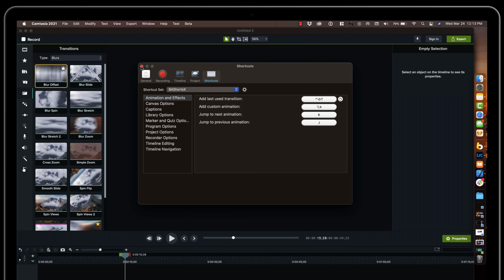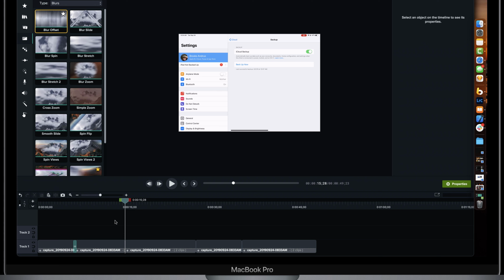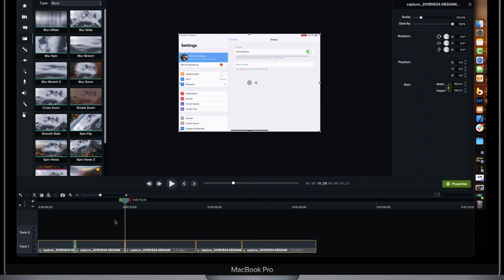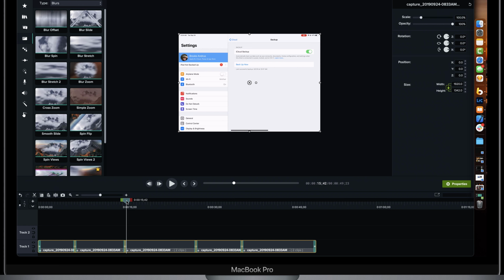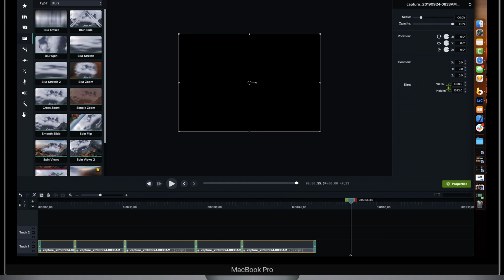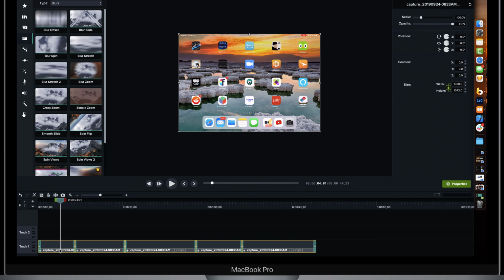So the first things first, we've got to select all of our clips on the timeline here, and I will Command-A to do that, and then I'm going to Control-Shift-T, and just like that, I've added that transition across the timeline. So that's a way of speeding up your workflow and getting around the fact that you can't copy and paste